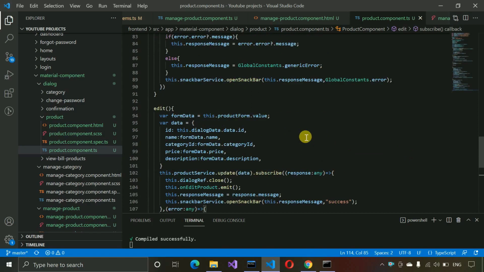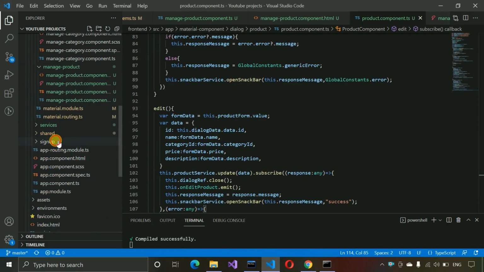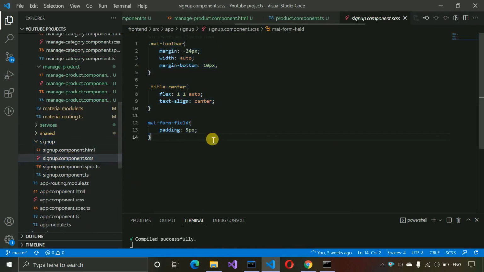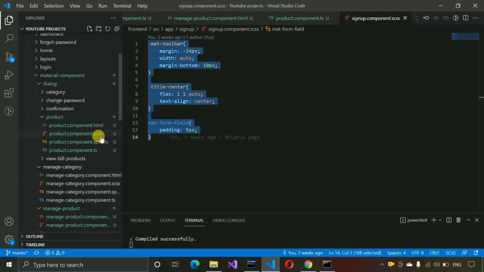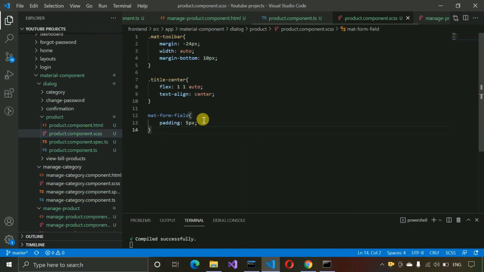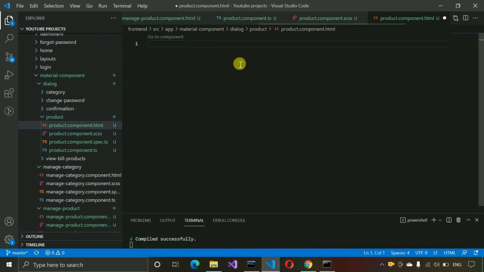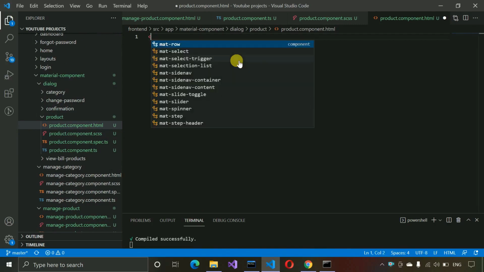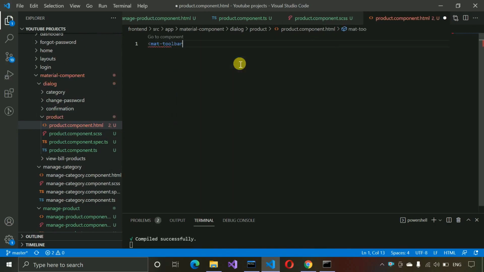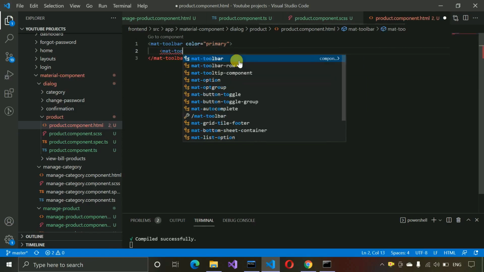After writing the code, we also need CSS related to this. So we are going to the sign up page and sign up CSS. We need to copy this one, and then just paste it over here, and let's save this. After that we have to move to the HTML part of this one, and here we need to write mat-toolbar, this one, and the color will be primary, and mat-toolbar-row, this one,